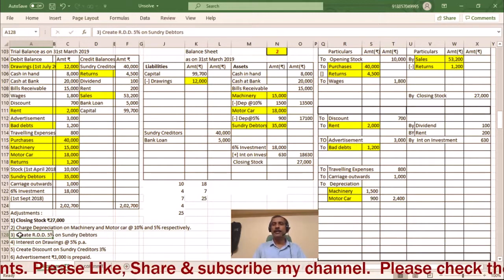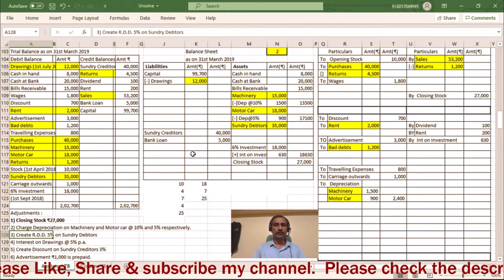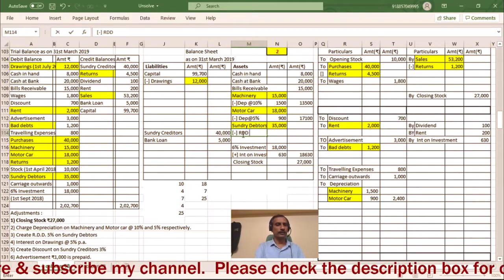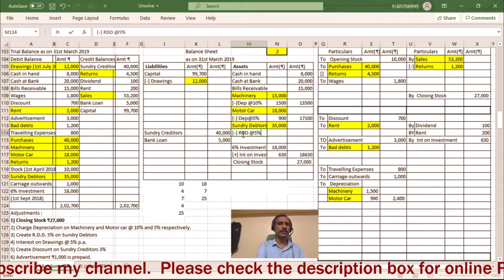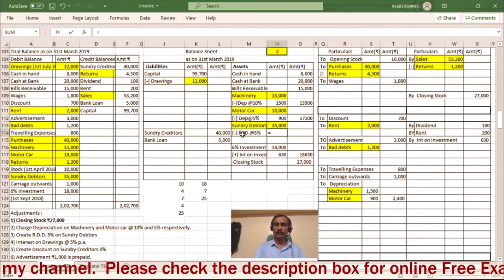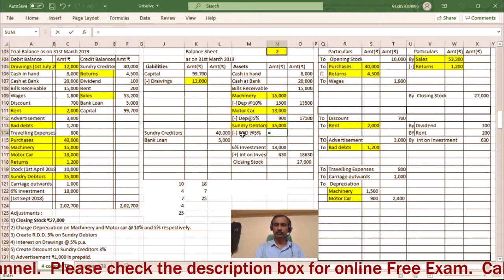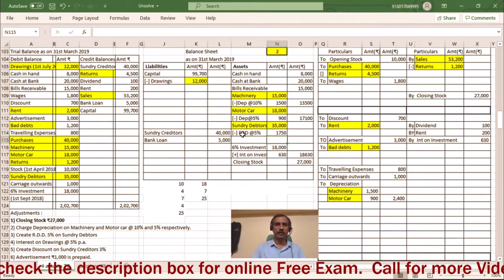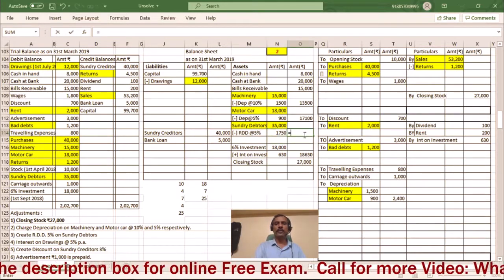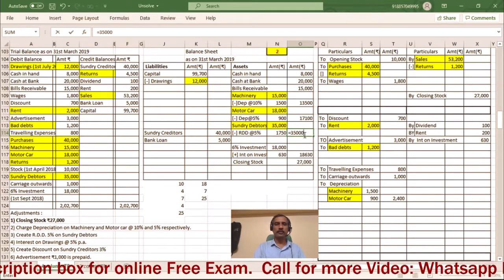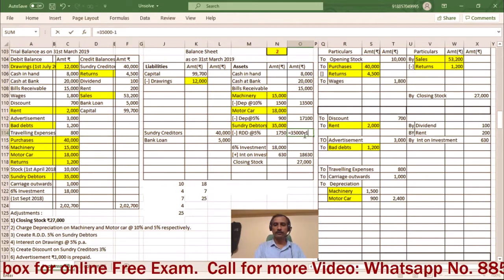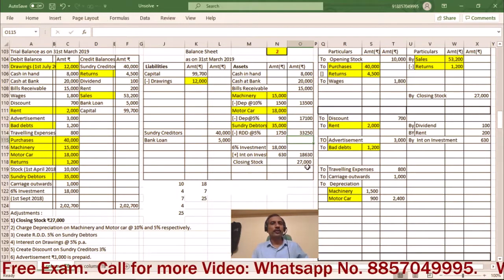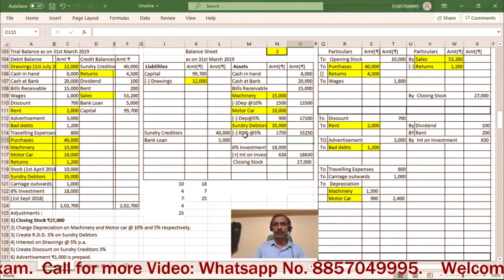So now here RDD means reserve for doubtful debts. We have to less it from debtors, RDD. Okay, so what is the rate? Here 5% is given. So we can calculate using the formula 35,000 into 5 upon 100. So 1,750. So we have to less 1,750 from 35,000. Okay. So here 33,250. So this RDD is known as new RDD.